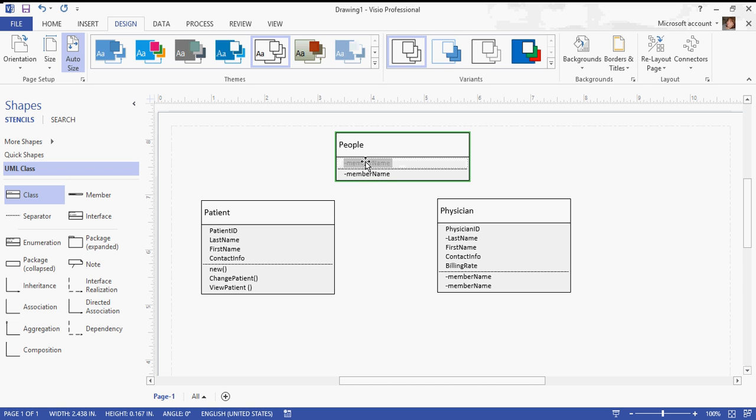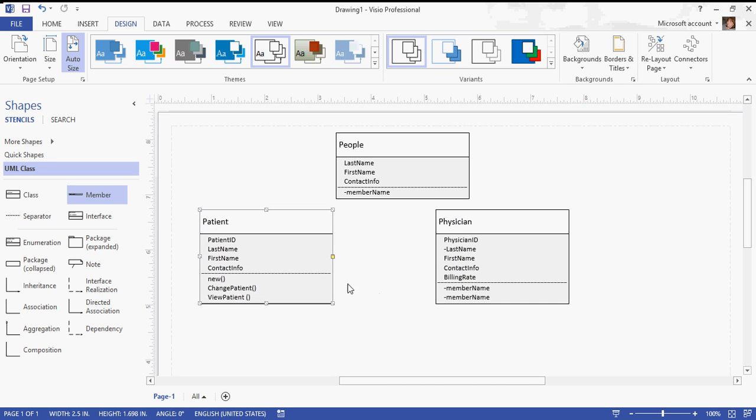Because if we have last name, first name, and contact info under people,